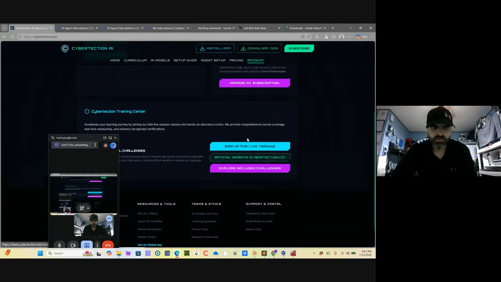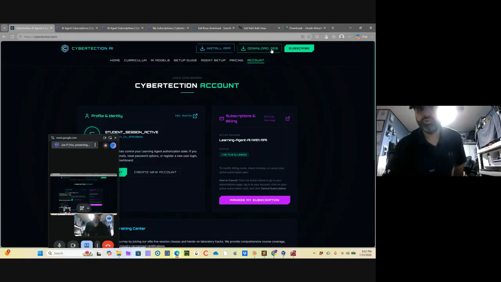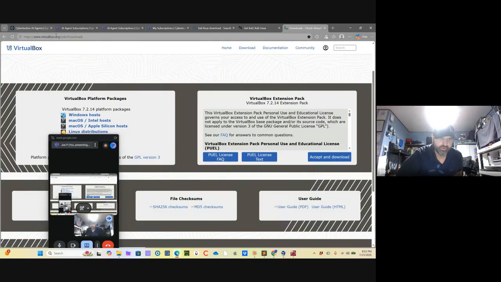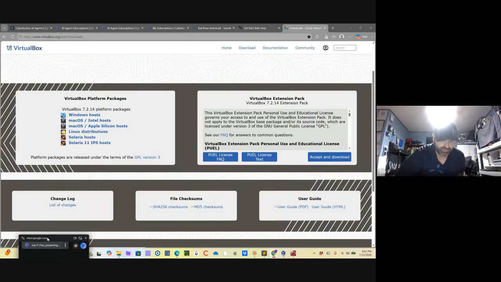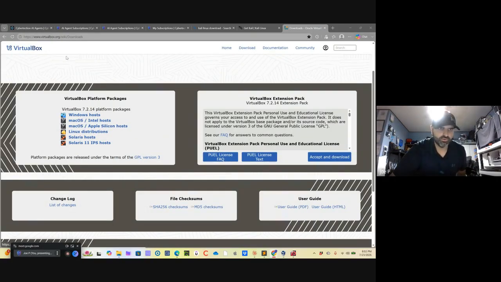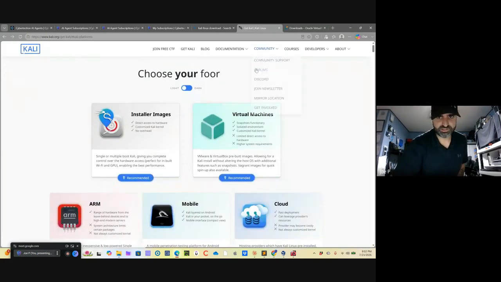So we'll just jump into it. When you download the deb file, that's it right here, the deb file. But let's go in the order, the sequence. First, you'll download your Oracle VirtualBox. You go to the VirtualBox site, pick your distribution, Windows, Mac OS, whatever you're using, and then you'll want to download the extension pack. You download it and install VirtualBox, and once it's installed, you'll see